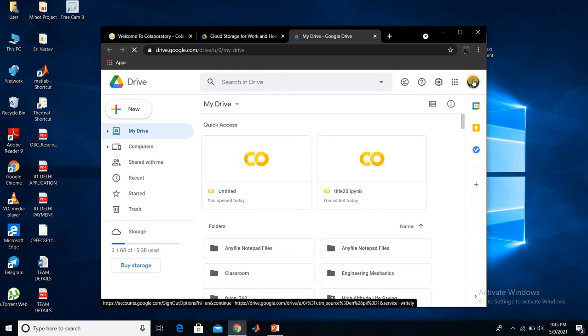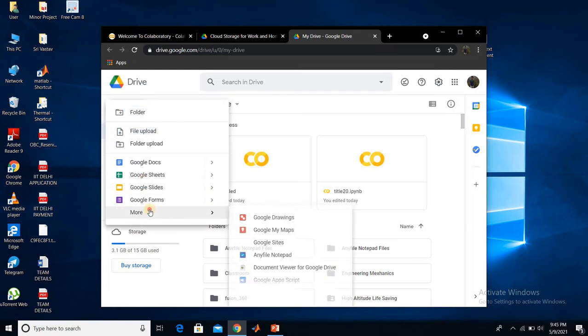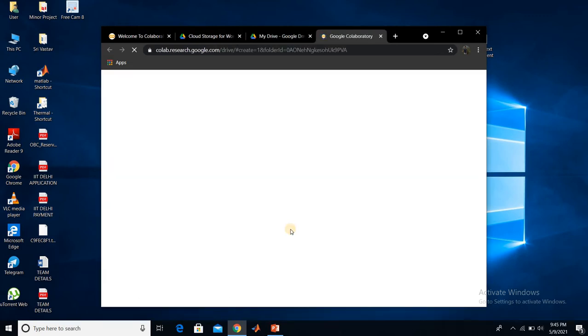Without an account, we don't have a chance to access this Google Collaboratory software. If we don't have an account, we can sign in here and use this software. Then come here, click New, More, and open Google Collaboratory. It can be accessed here and opened.